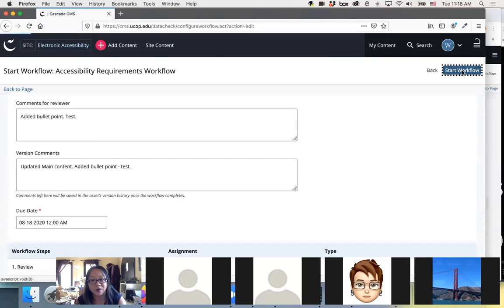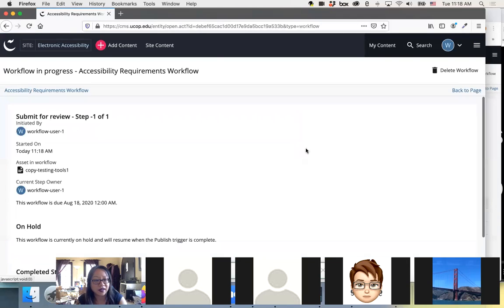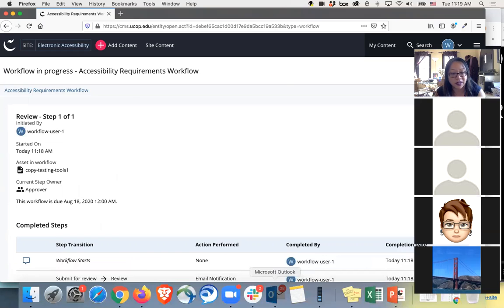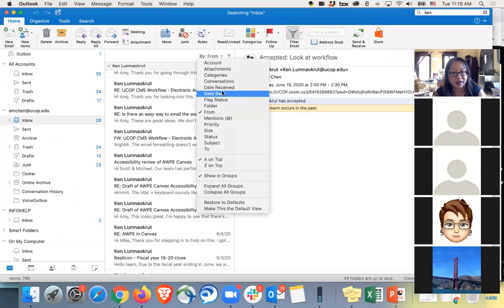So I'm going to hit start workflow. And what happens is, after a second, currently I'm the workflow user, and then the workflow changes to the approver. And what happens is the approvers list will get an email. So hopefully if I go to my email,